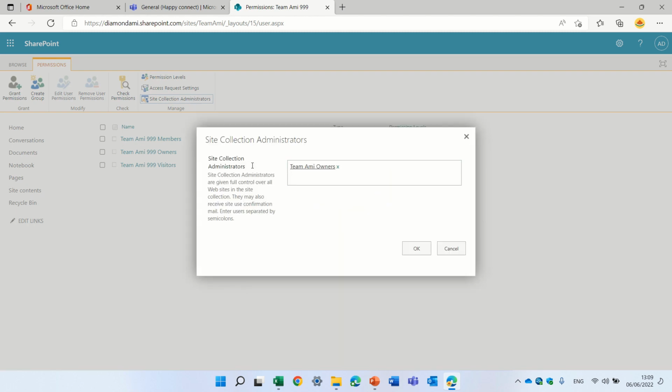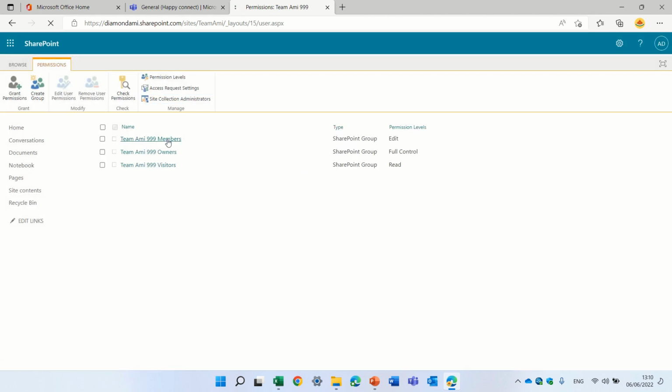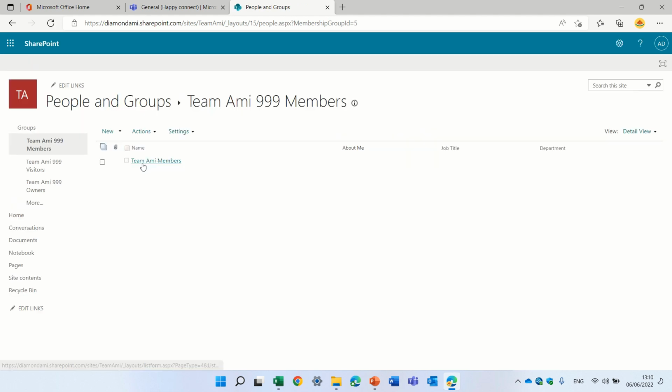You see, the initial one was Team Ami. The new one is Team Ami 999. Okay, so if somewhere I will try to look for this, I need to look for the old name. The same thing is in the members. So you see the name of the group is 999, but the name of the Office 365 is the old